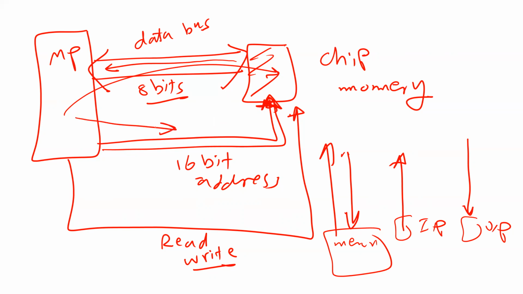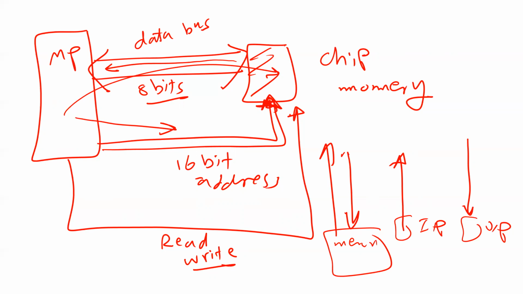Again, don't be confused. The address bus is to tell the memory which location I need. Think this way: this is like a memory bus. This is a byte, this is one unit, this is a byte, this is a byte. Every byte has a number. This number is 0, number 1, number 2, number 3. If I want to read this information, it's stored in this location. So you have to tell me which location: number 7, number 8, and so on.